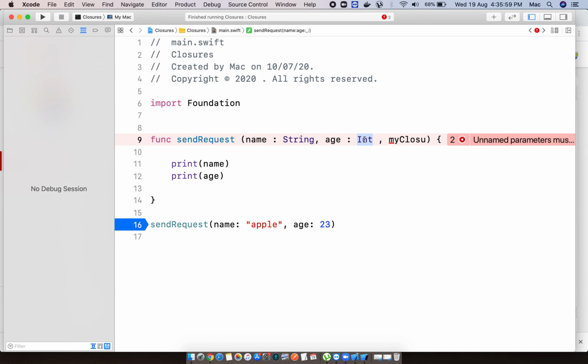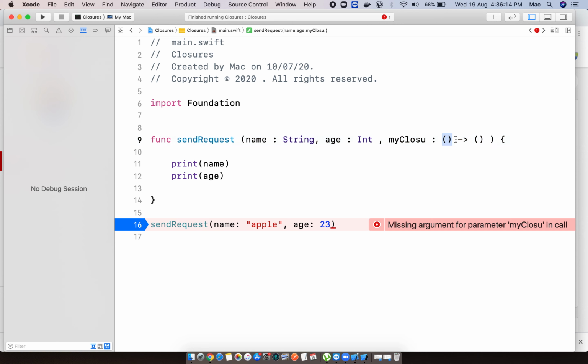Here I gave the int type. But here what type am I giving? Just an empty type. It is not taking anything. This is the closure, you should understand. This is the integer type, this is the string type, and this is the closure type. What closure type is this? This is not taking any parameters. It is not taking any argument or parameter. This is the name of the parameter as well as the name of the closure. Okay.